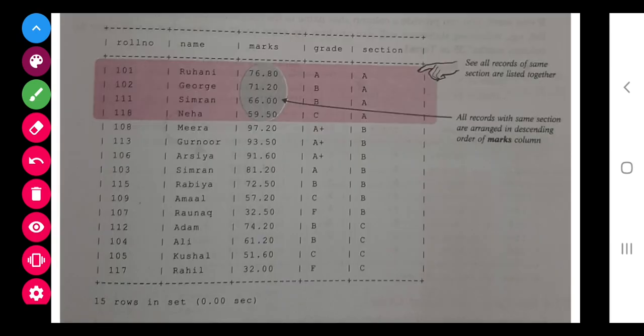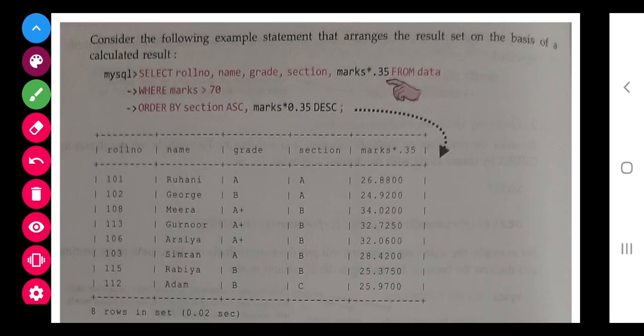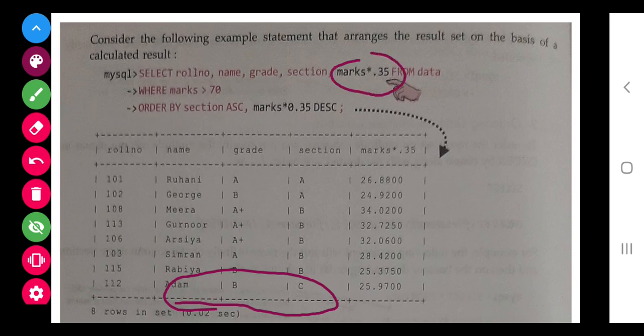So class, your next topic to study is another example they have set. In this example, they have done a new thing: only 35% of the marks should come. Again they have used two specifications, one is the section, another is the marks.